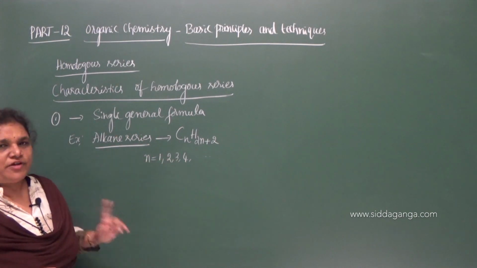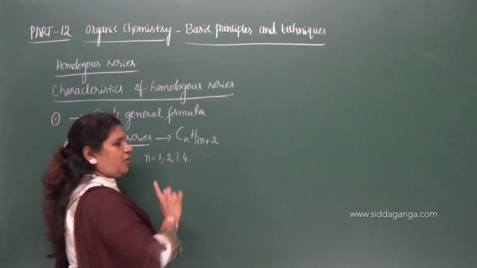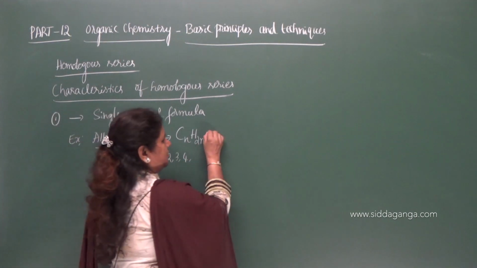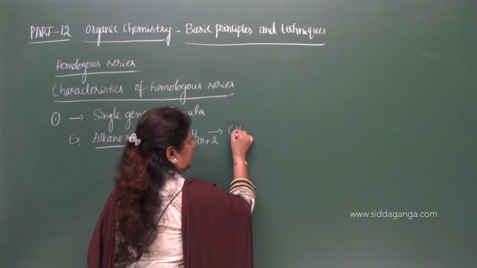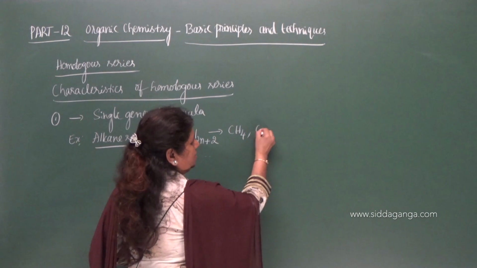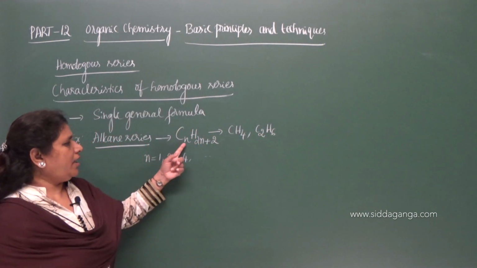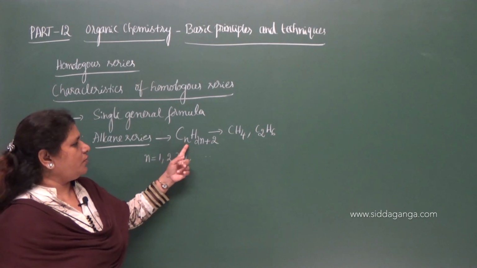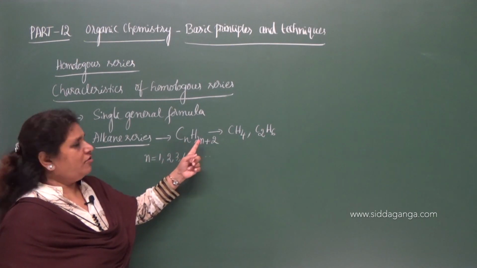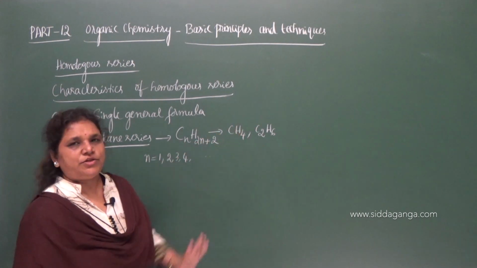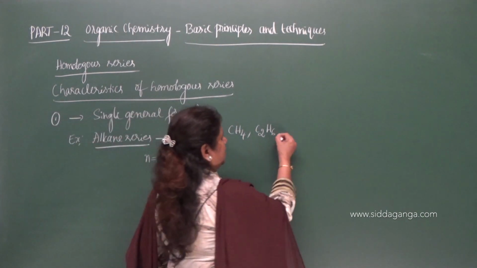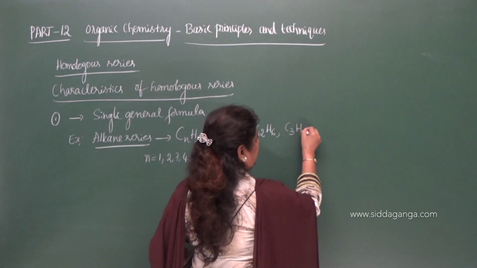If you put the value 1 here, the first member of the series will be CH4. The second member, n is equal to 2, is C2H6, two 2s are 4 plus 2, 6. The next member will be C3H8,